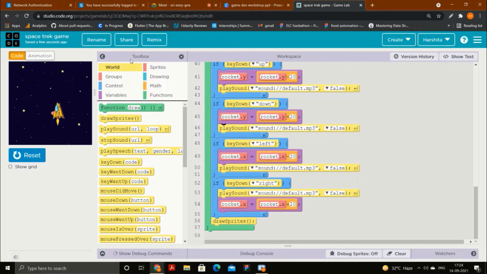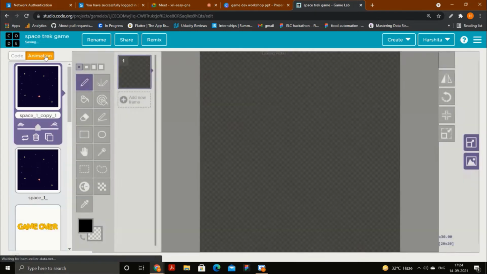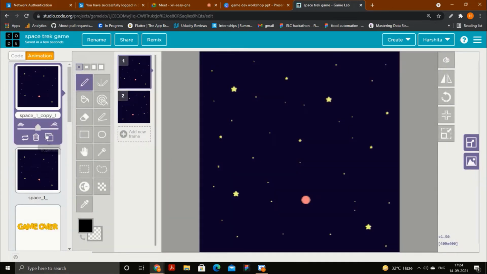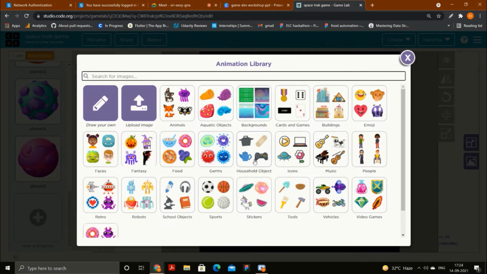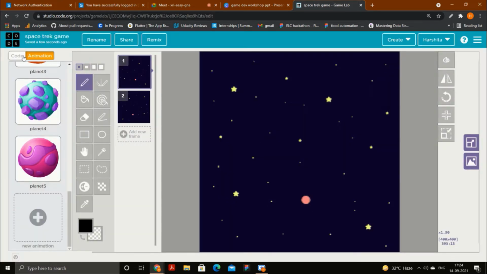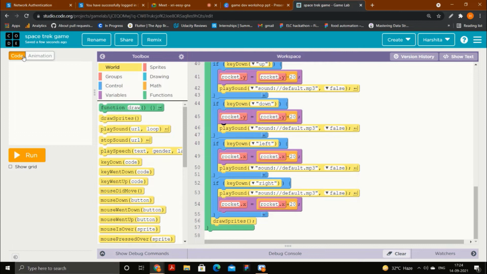In the previous workshop, you saw that there is an animation library here. Whatever animation you want to add, you can add it from here. Similarly, there is a sound library as well, or you can say music library. In that library there are multiple sounds, and you can choose any one that you want.